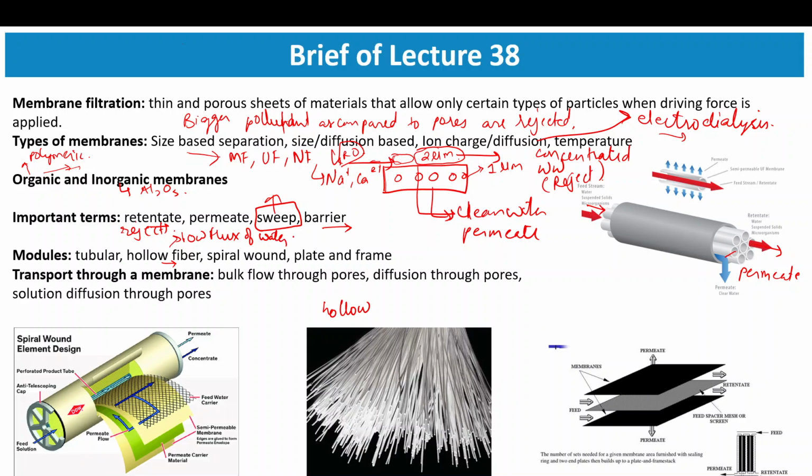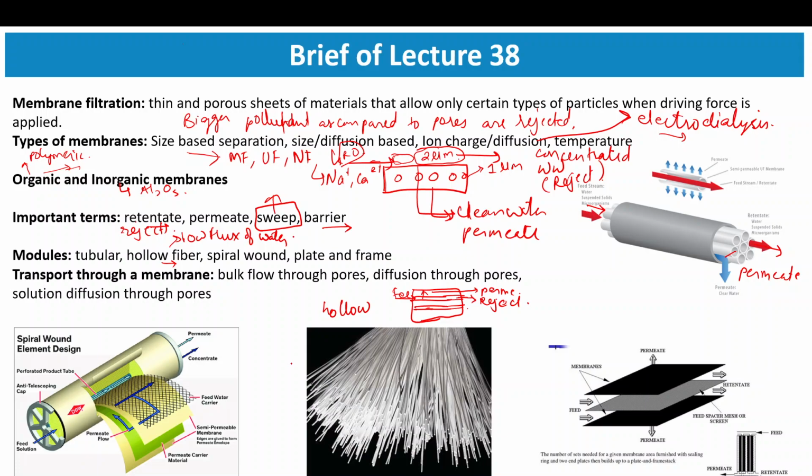If this is the arrangement of the membrane, and this is the inlet of feed and this is the annular section in which the membrane is arranged, then the permeate will be obtained from this annular space and from the inside of the hollow fiber membrane you can get the reject. Or the vice versa case can also be obtained, where you pass the feed from the annular space